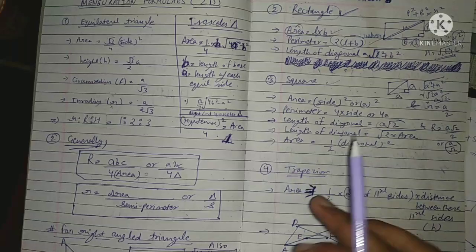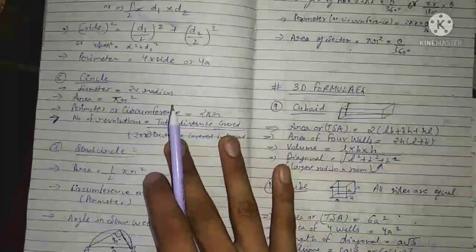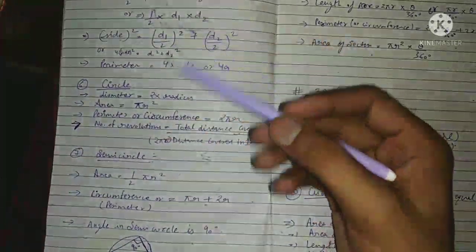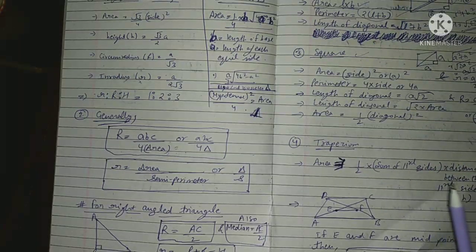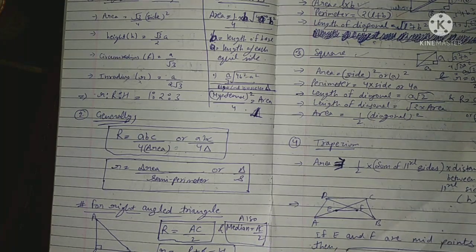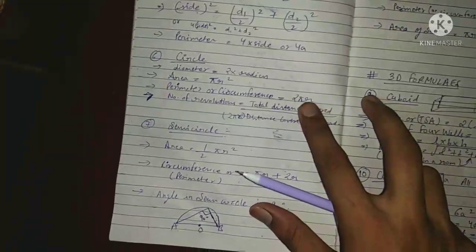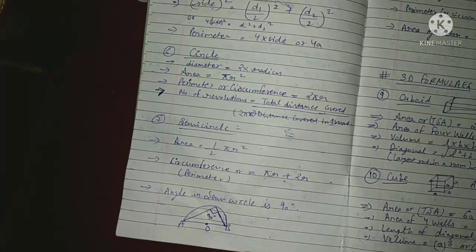Okay, now comes next. So rhombus and trapezium are not so important for banking exams because these topics come under geometry. So geometry is not asked in banking exams. So what are the important formulas? I am discussing that much only.